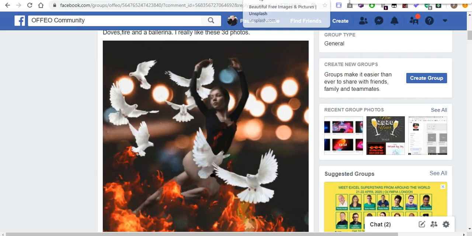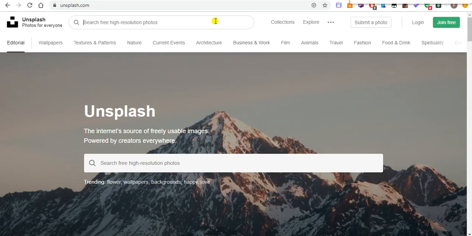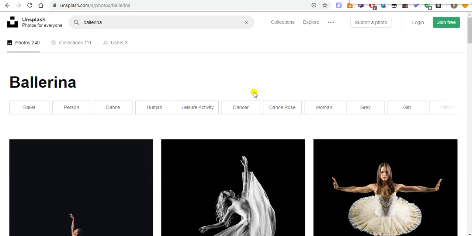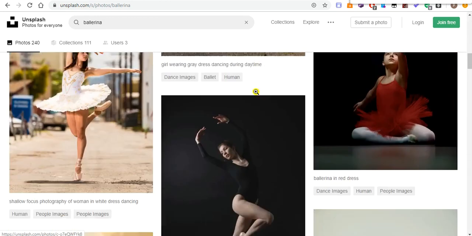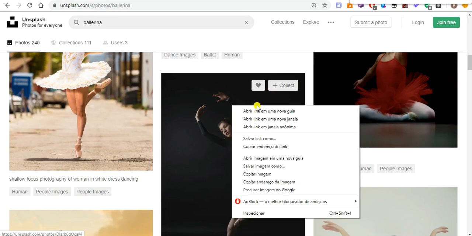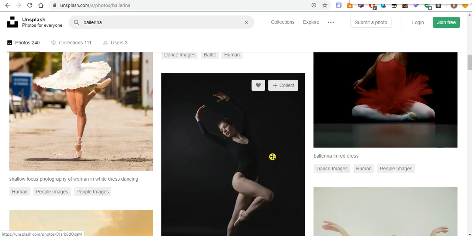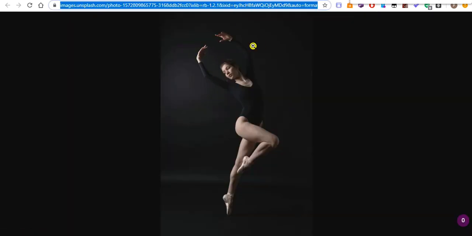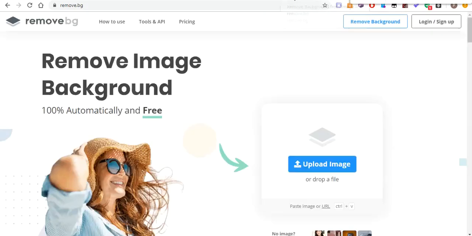The first thing to do is to go to Unsplash, and you need to find the element that I called Ballerina. That's our first and most important photo. Once you get it here, what I'm going to do is to open this image in a different tab. Once I got it, I'm going to copy the URL and go to